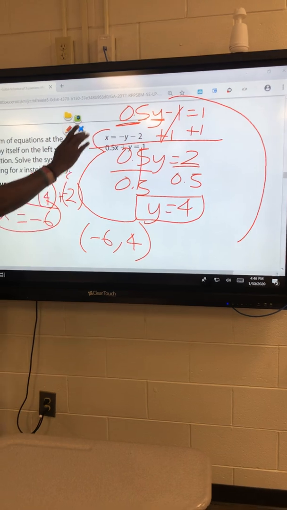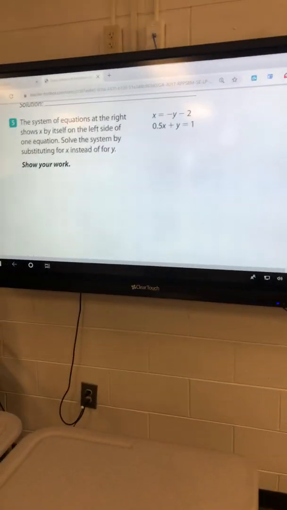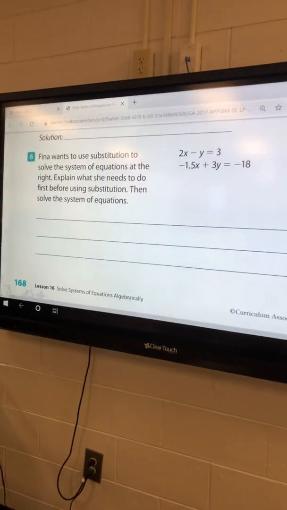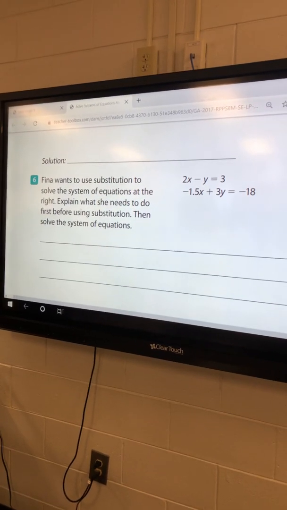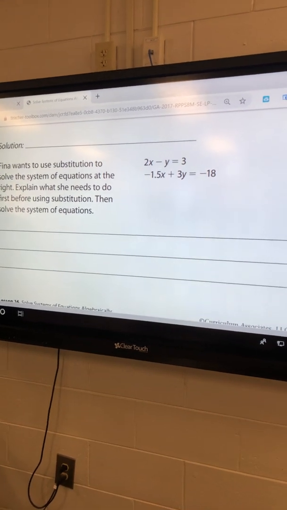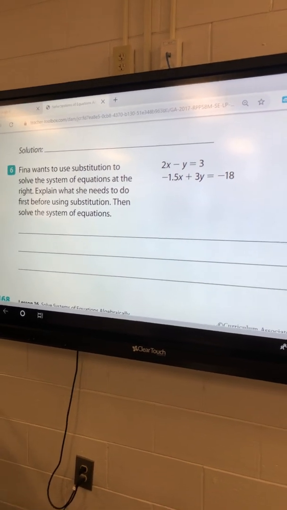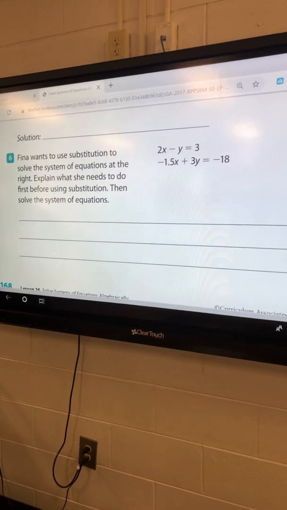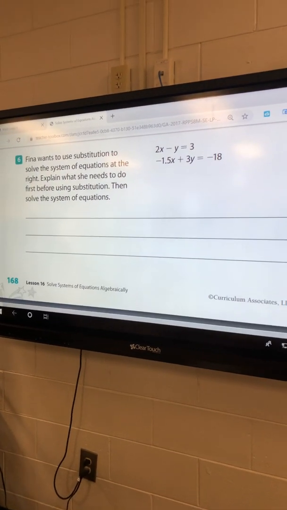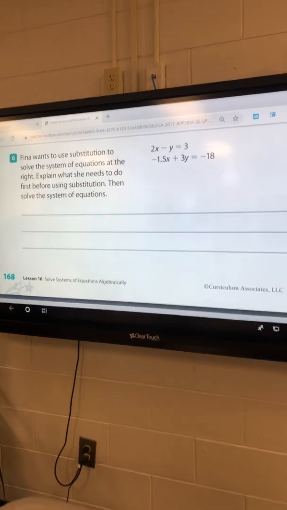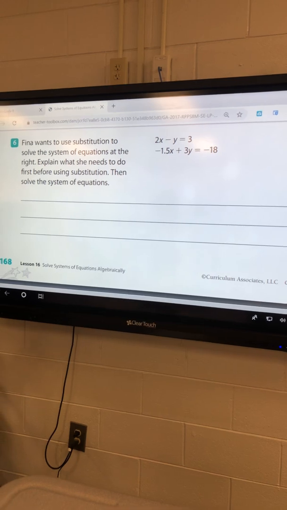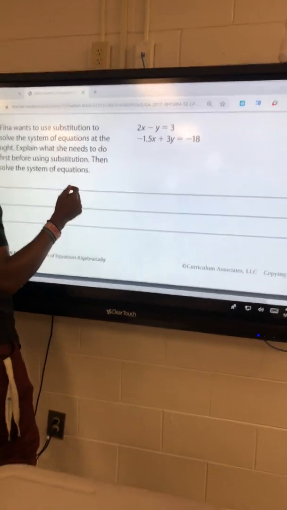All right. I think we have one more. Last question. Fina wants to use substitution to solve the system of equations at the right. Explain what she needs to do first before using substitution, then solve the system of equations. Wow, they want us to do a lot of work. Alright, so the first thing she needs to do, because none of these equations are in the form of y equals mx plus b, the first thing she needs to do,